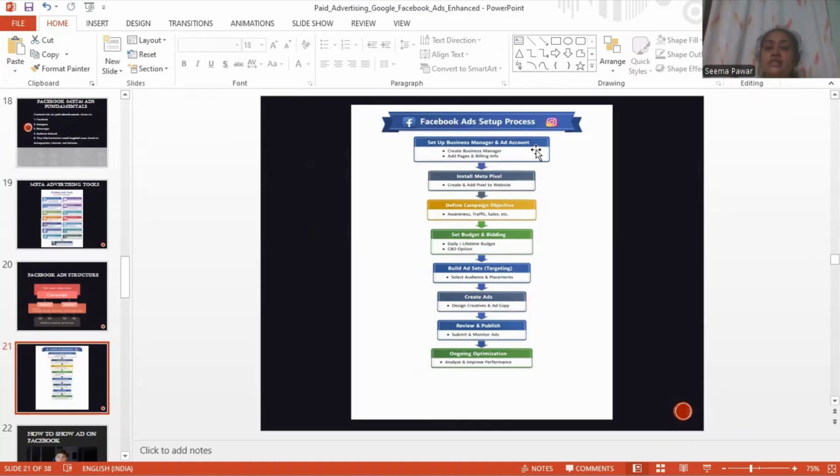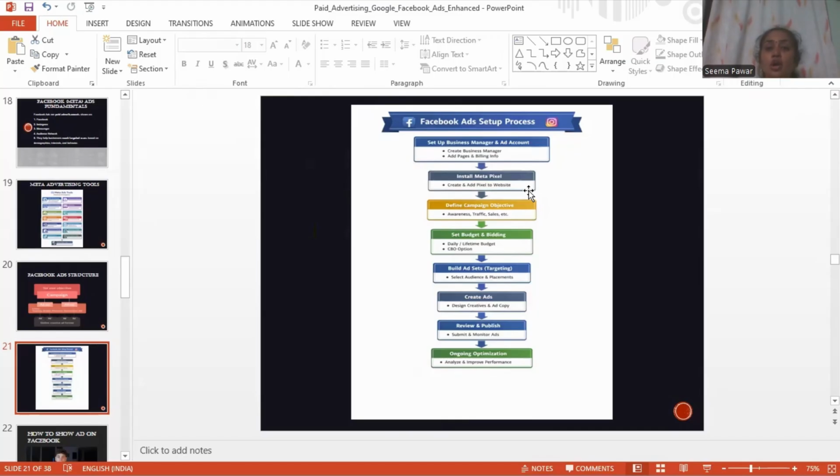The very first thing the advertiser has to do before placing their ad on the Facebook platform is set up the business account. Then install Meta Pixel. As I told you, Meta Pixel is a very necessary part, because